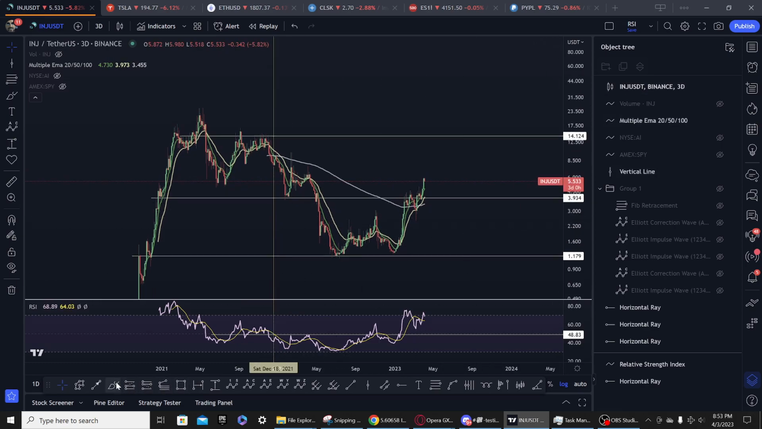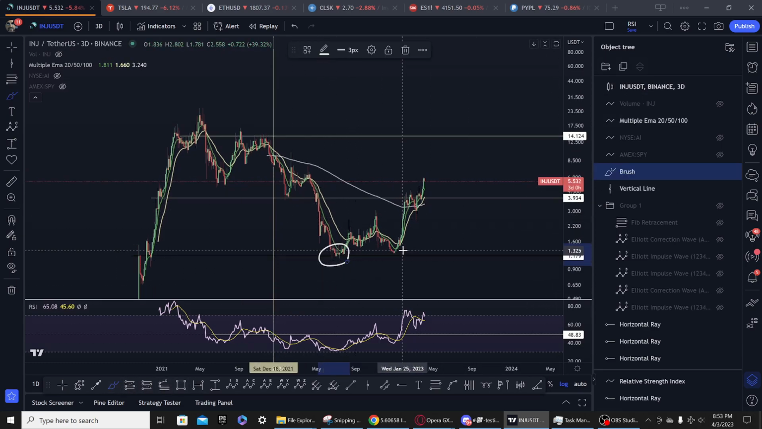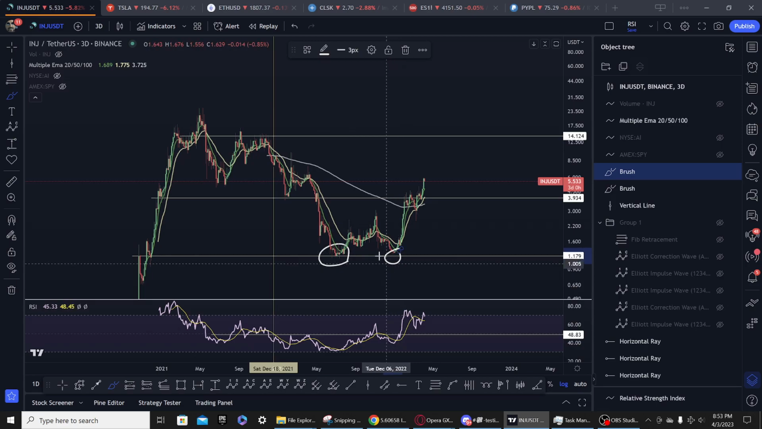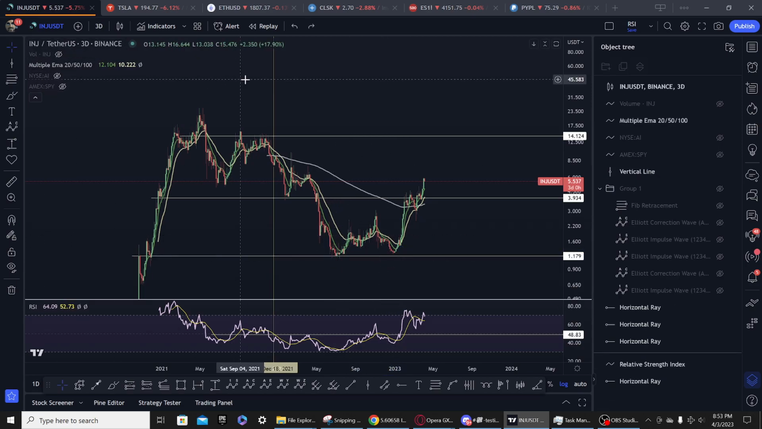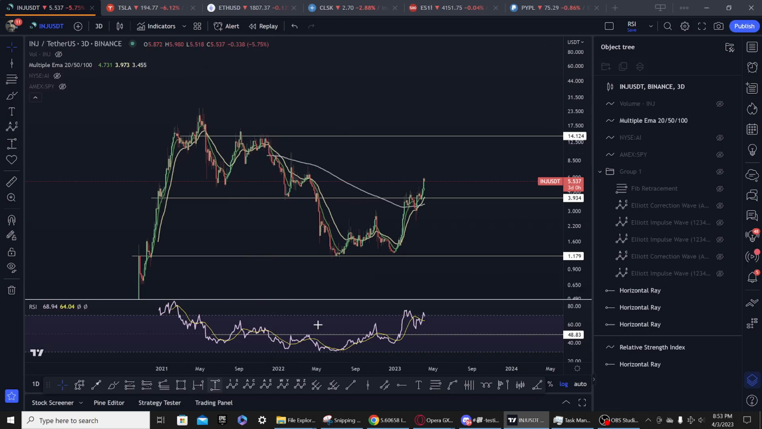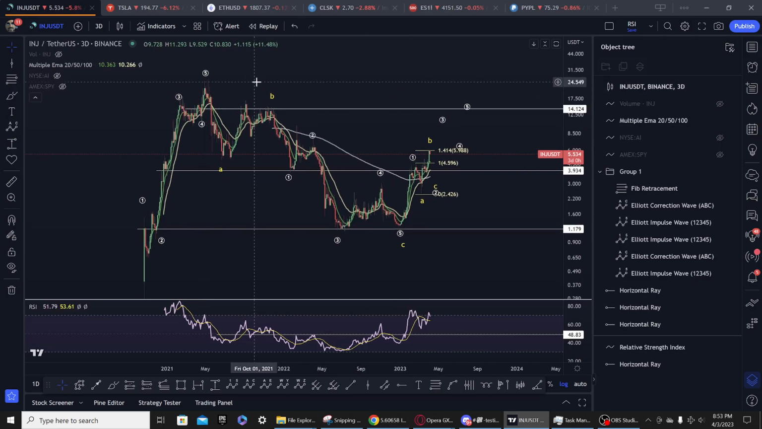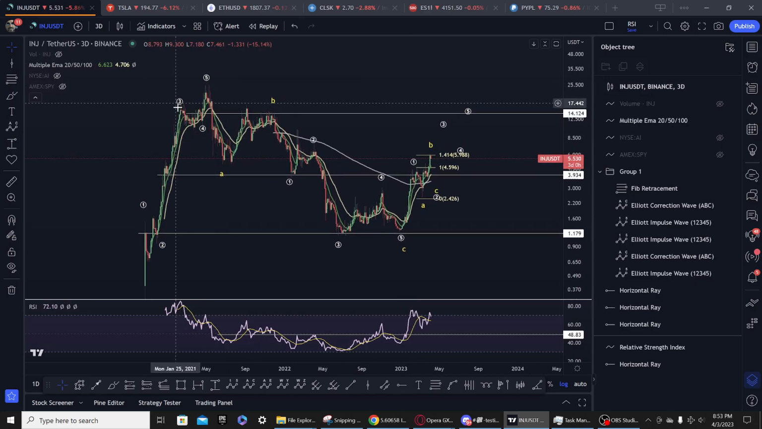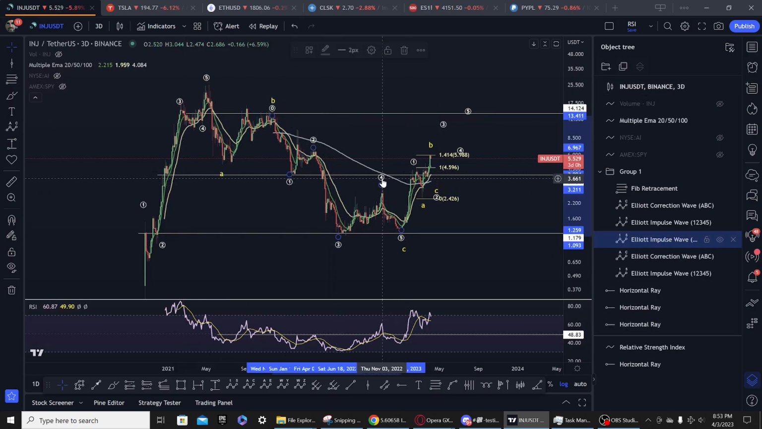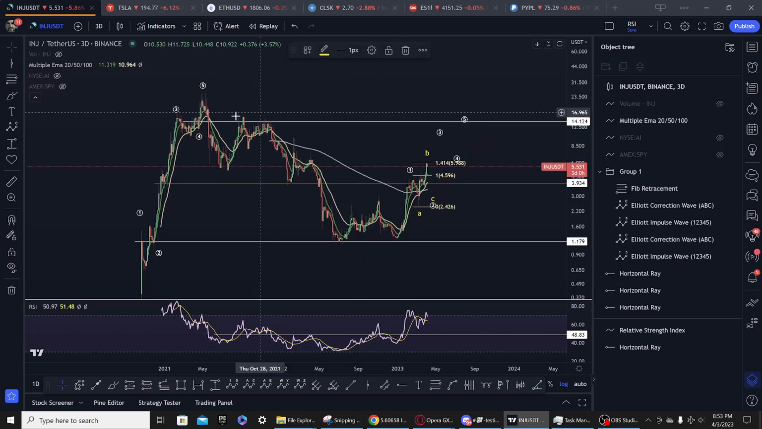Now, the main question I have is, is this the low or is this the low? By that I mean, where does the real impulse start? So one way to label it is like this. And then this is kind of sus. It might even be an ABC into a complex correction, WXYXZ. So what I mean by that is maybe it's like